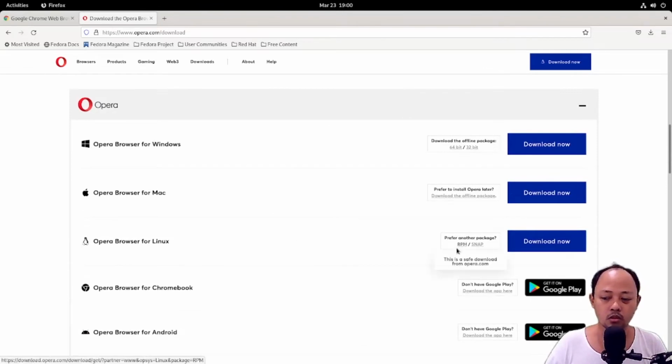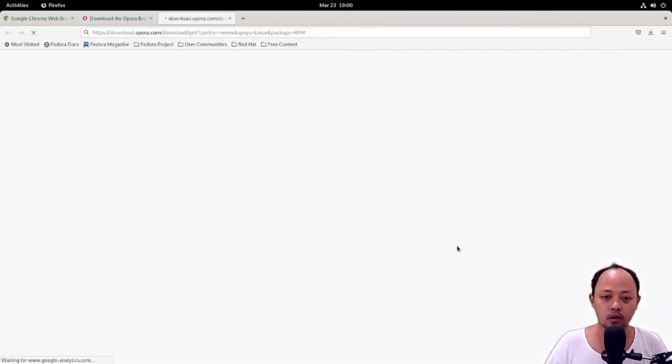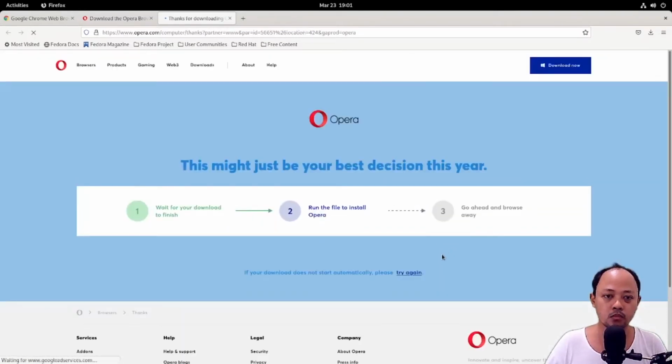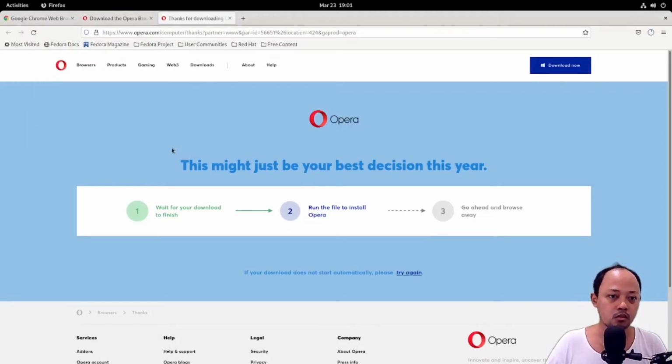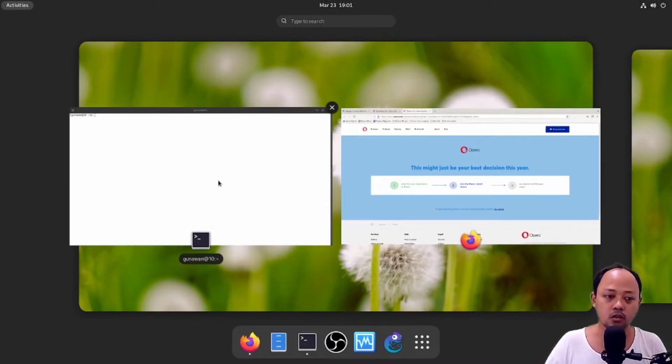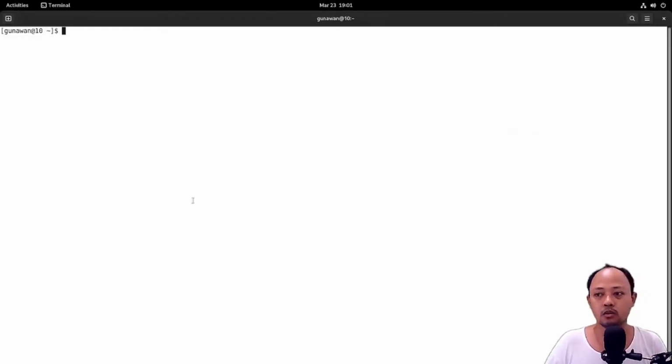So I will click RPM, save this package, and while we are downloading the package, open the terminal. We will continue to install the Chrome browser.